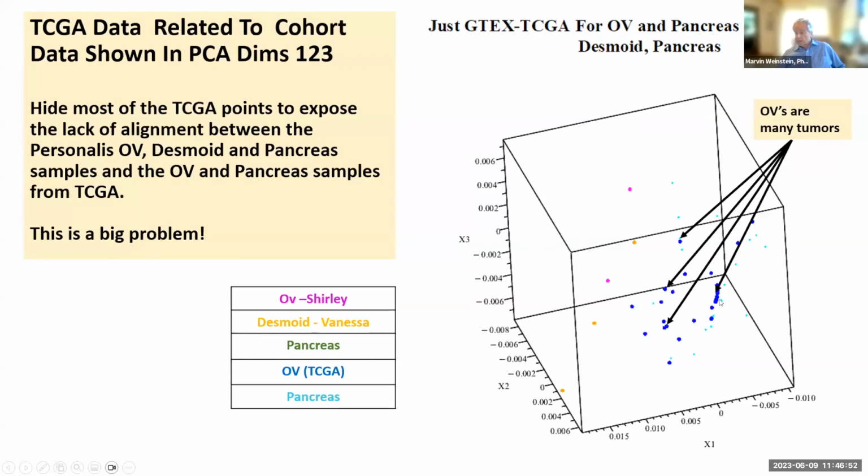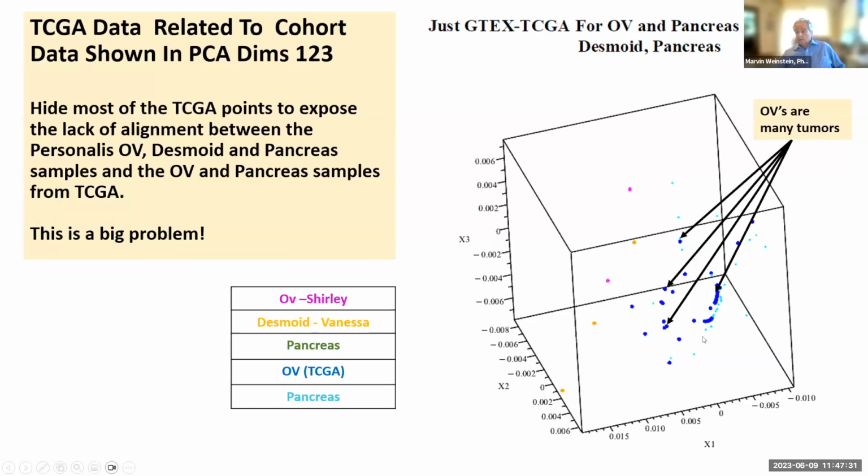So presumably, it's not a surprise that some pancreatic tumor samples will cluster with a subset of ovarian tumor samples. Okay. But what's the problem? The problem is that we look at the Shirley data and the Vanessa data in the context of all of TCGA, and they don't move. They're not aligning with the other tumors. They're being misidentified as having nothing to do with ovarian tumors, nothing to do with pancreatic tumors, and they can't